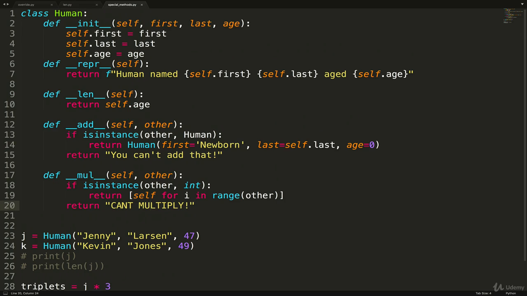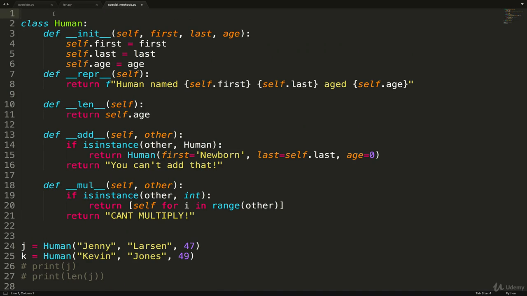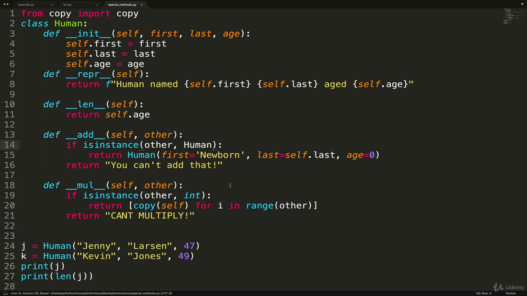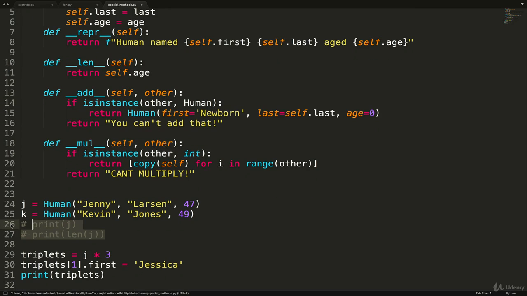This is where I'm getting into a tangent, but if we did want to make this actually work with the functionality we want, 3 copies, we can import from copy. This is a built-in module, and we can import a method called copy. What copy will do, if we just pass in self, is actually make a new space in memory for each copy. So they are separate. They'll start out looking the same, but they're separate. We have to import it first. And now if I try it, oh, it did not need that.